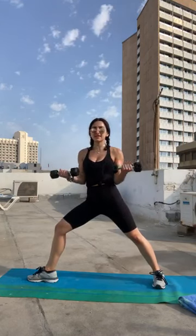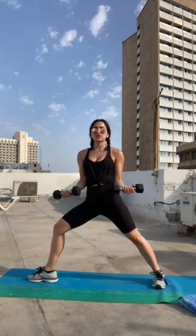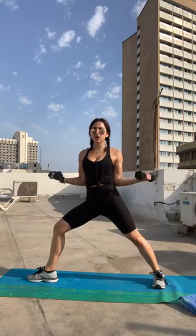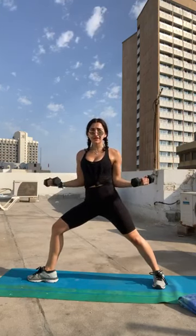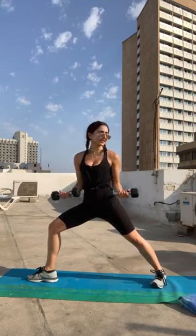8, 7, 6, 5, 4, 3, 2, and 1. Then wide for 8, 7, 6, 5, 4, 3, 2, and 1. Finish this out with 8 and 8 again. Just 8, 7, bend more into your left knee, ground down a little bit stronger towards the out on your right leg,